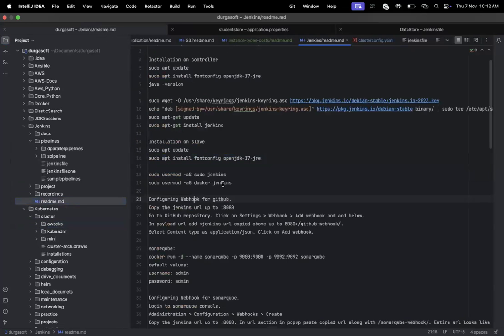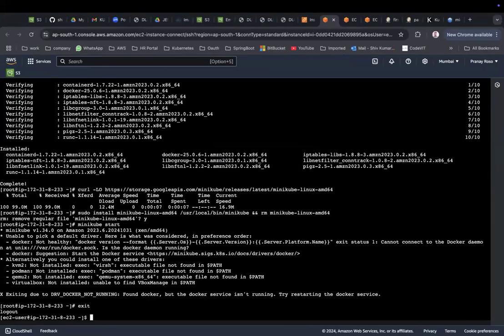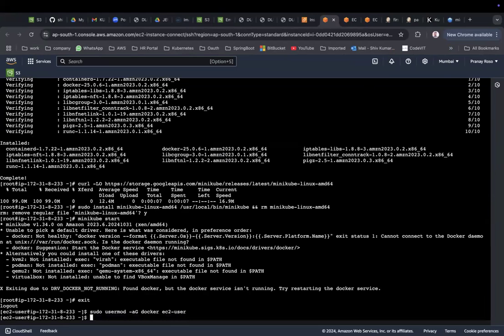I need to copy this one. Let me put this one here: Docker, ec2-user, something like this. Okay, now